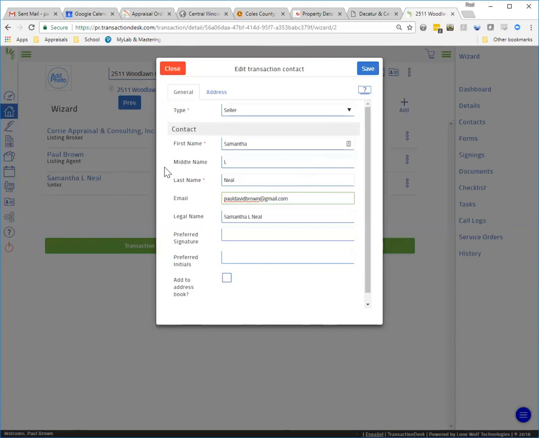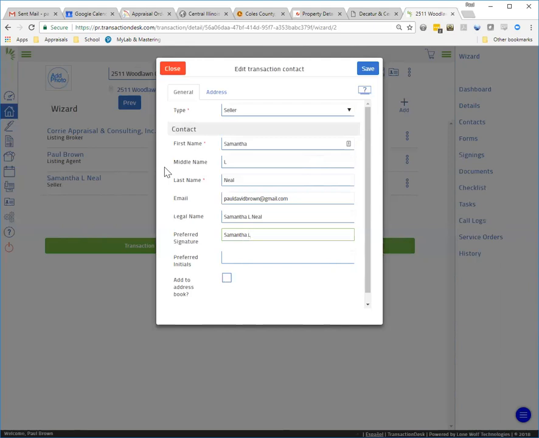If you're not using e-signature, if you're only using this to populate your paper listing agreements and then you're going to print them out and have live ink signatures, you don't have to worry about either of these. But if you're using e-signature, how does Samantha Neal sign her name? Is it Sam? Does she use her middle name spelled out, which I don't know what that is, but we're going to say she signs her legal name or her preferred name, her signature, Samantha,